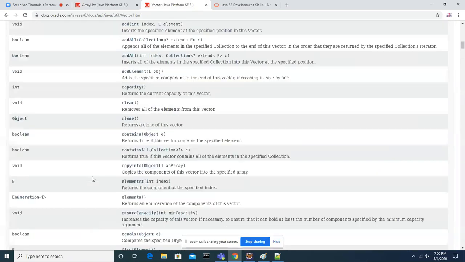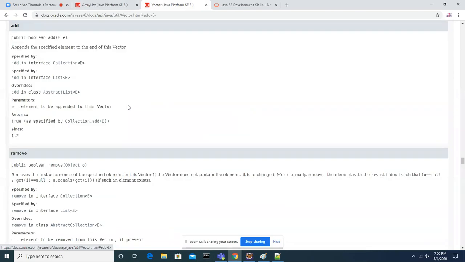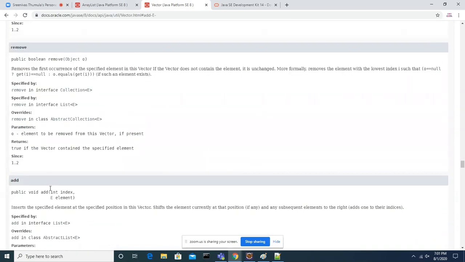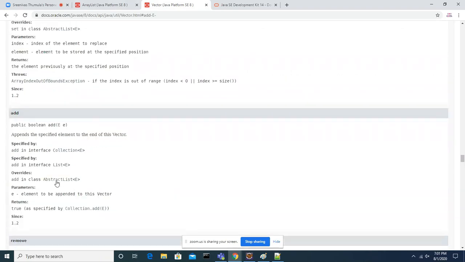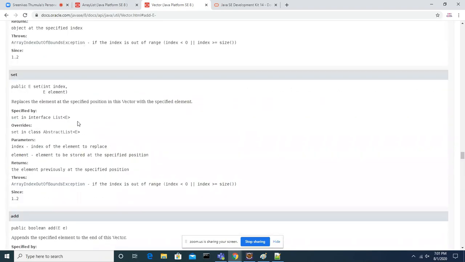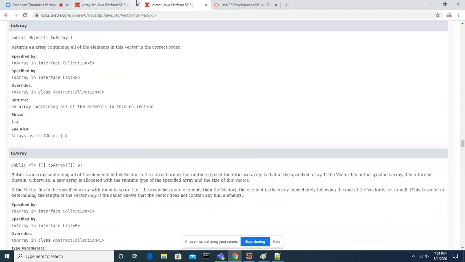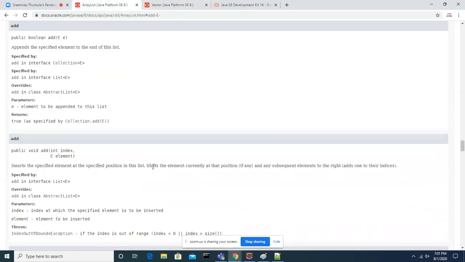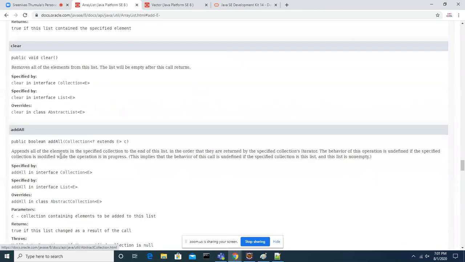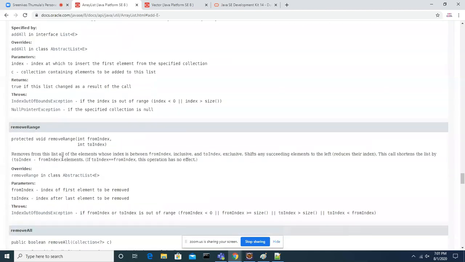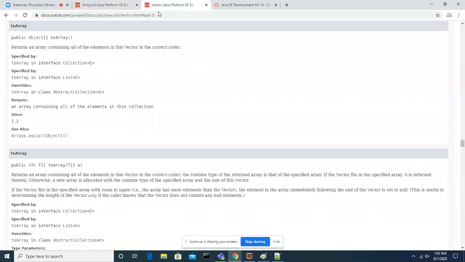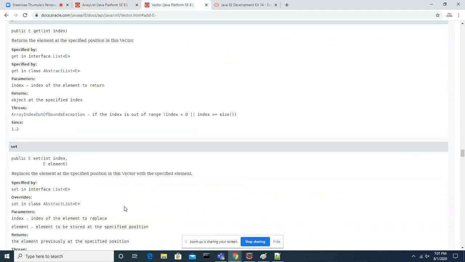If I go and see the add method, remove method, you can see all the same methods in ArrayList also. Same methods are already implemented. So the difference is synchronized.